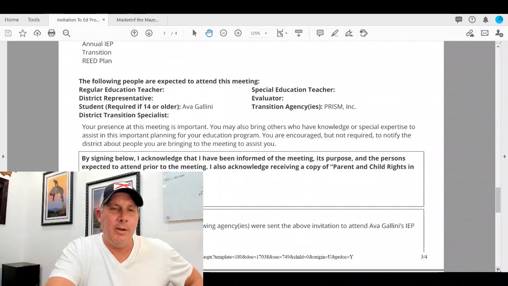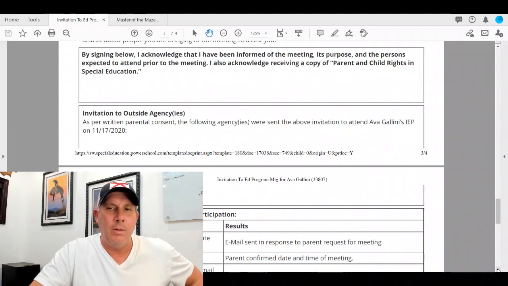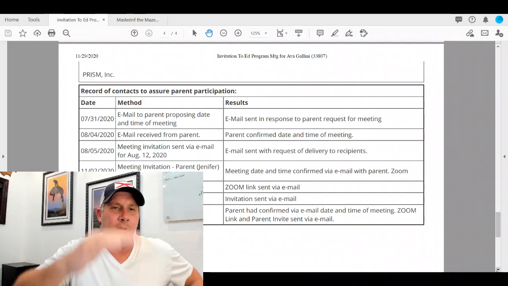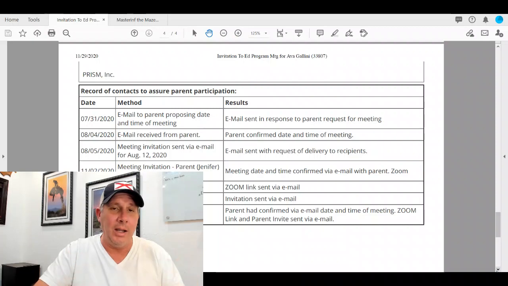The same kind of qualifying information. See, invitation to participate on November 17th of 20. And then if you notice down here, there's your multiple attempts, okay?